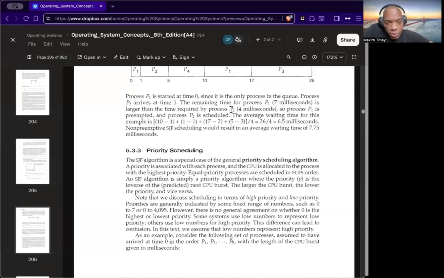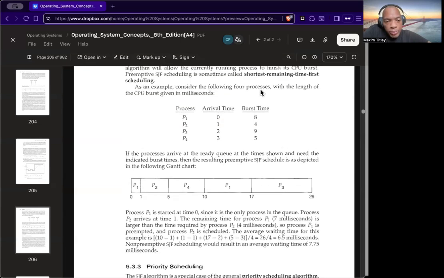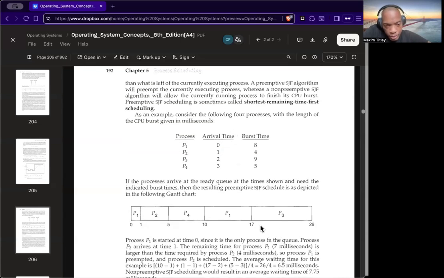You have the process 1 scenario in which there was 0 waiting time here. Process 2 waited 1 second. Okay. Process 4 waited 5 seconds. And then process 1 waited 10 seconds to get back to what it was doing. And finally, process 3 had to wait, let's see, here it's at time 17, but it showed up at time 3. So that was 14 seconds from when it first arrived.